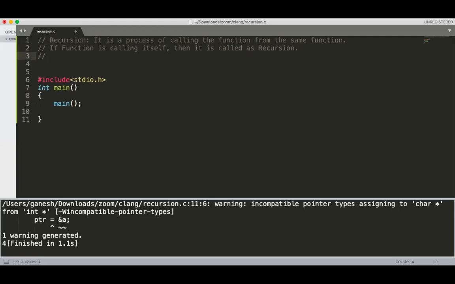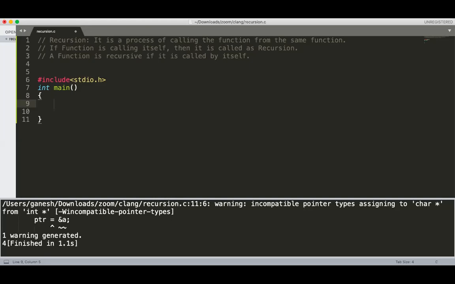In other words, you can also say a function is recursive if it is called by itself. Now the main function is a recursive function, and if the main function is not calling the main function, then it is called a non-recursive function.